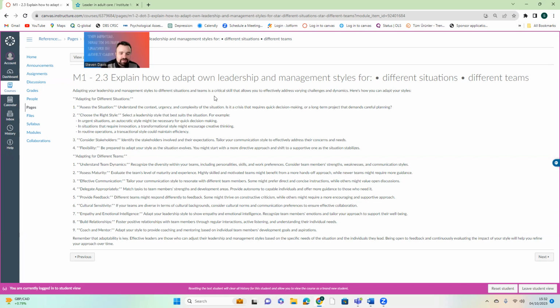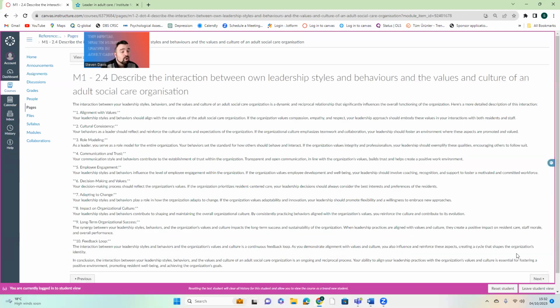Again, other things are about your communications, cultural sensitivity, building reputation, your relationships, and coaching and mentoring, empathy, and your emotional intelligence. So you don't have to go through all of those, but as we go through this and about you adapting your leadership style and how you need to respond in different situations, we need to see that you can adapt your own leadership. And again, the way that you talk to a CQC inspector is definitely going to be different to how you manage family members or your own